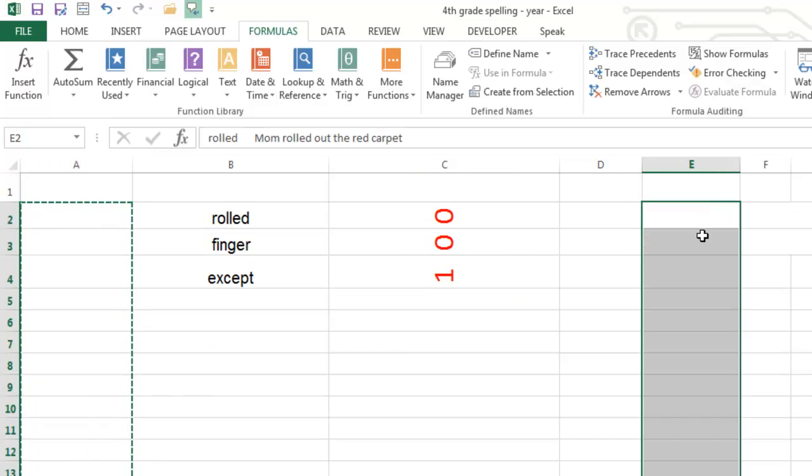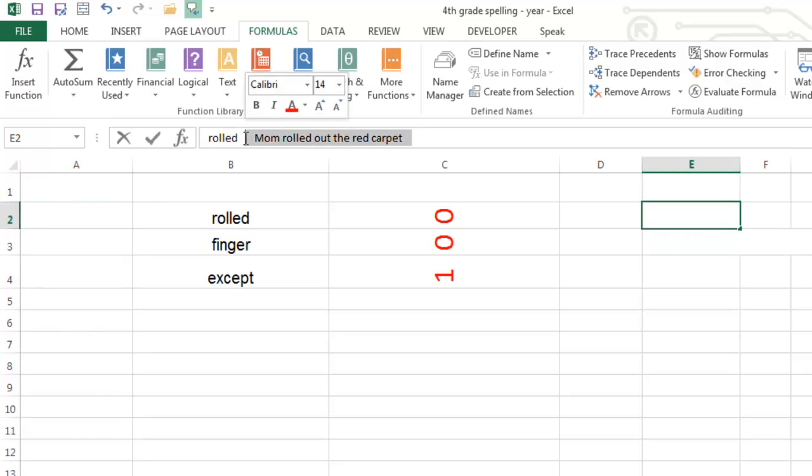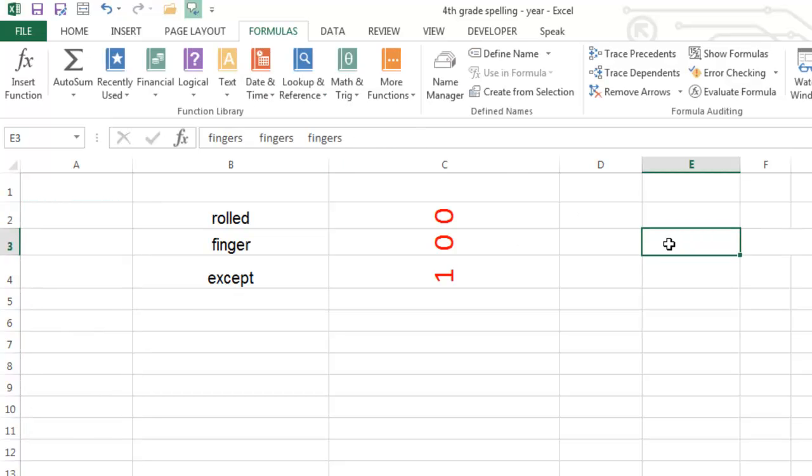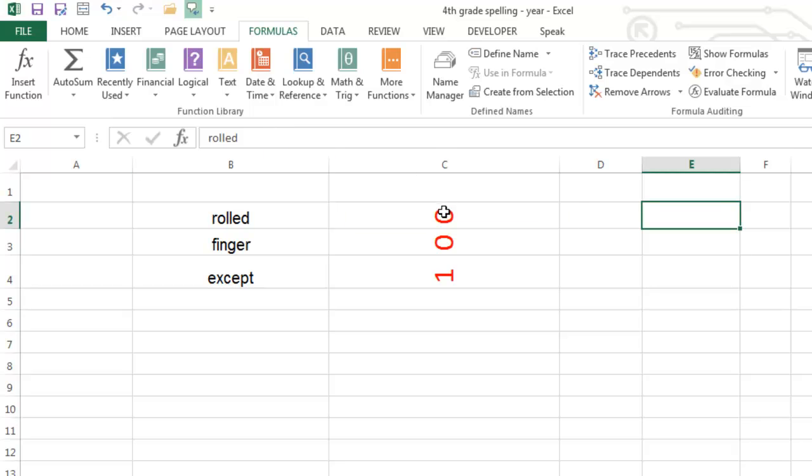So this is kind of cool. All right, they're still covered up. They're in there, correct? All right, so now these I'll take out, so I just have the word in here. Rolled. And I don't need it this red to me. All right. Fingers. So now with these here, and again, it doesn't matter if they're here or not, but I'm going to set the formula to go this way. Instead of B2 or A, I'm going to say like this. If B2 is equal to E2,